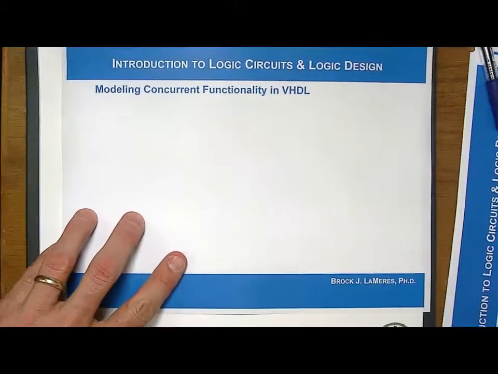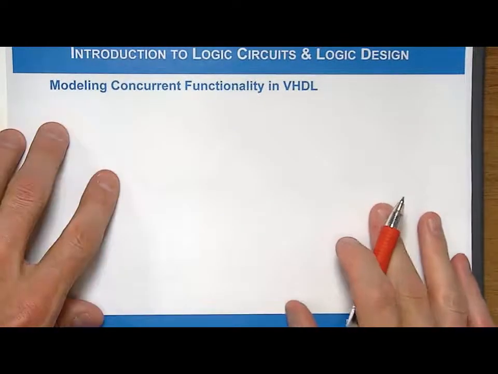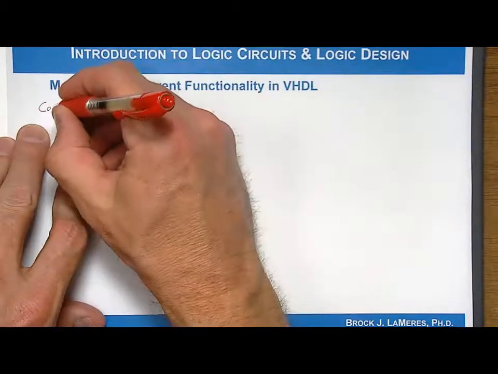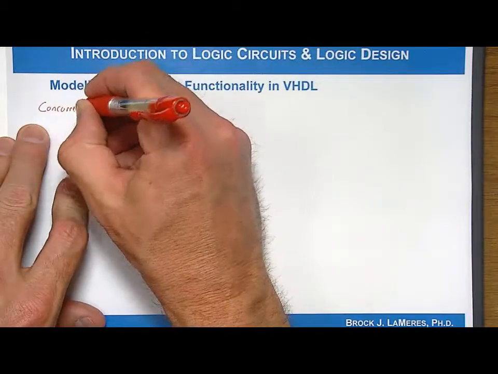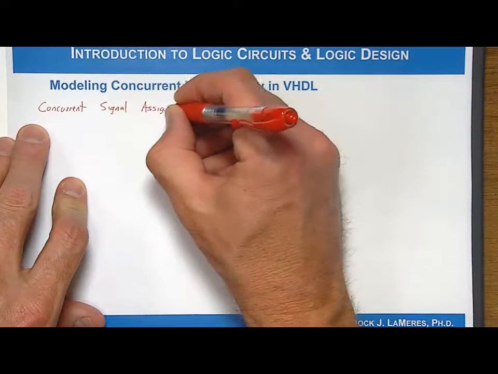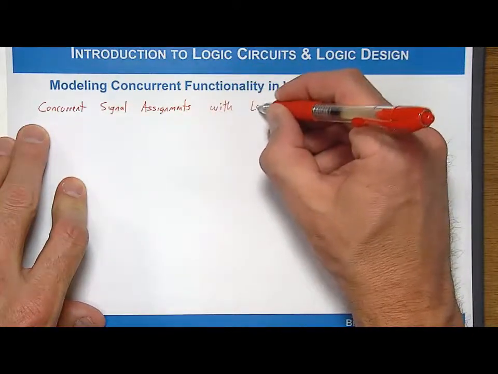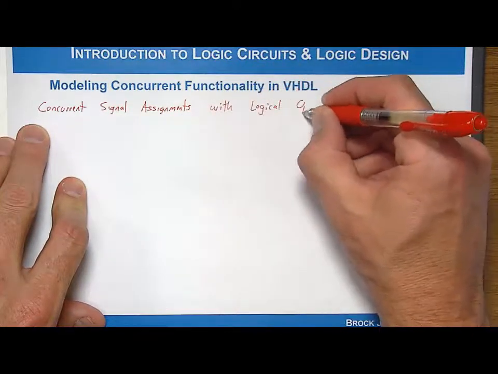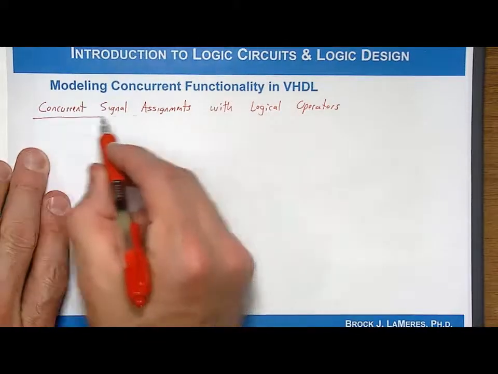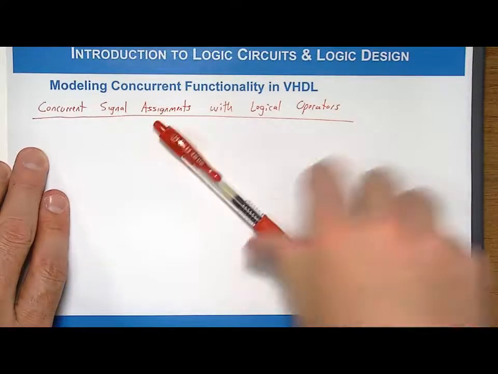So the first one we're going to look at is called concurrent signal assignments with logical operators. So it's kind of a mouthful, but concurrent signal assignments with logical operators. And what this means is that we are going to take some combinational logic circuit that is defined, in